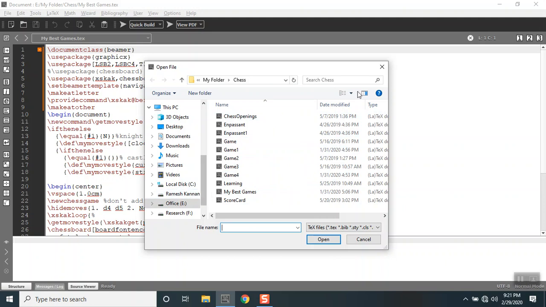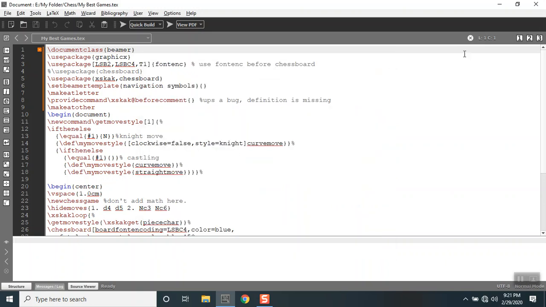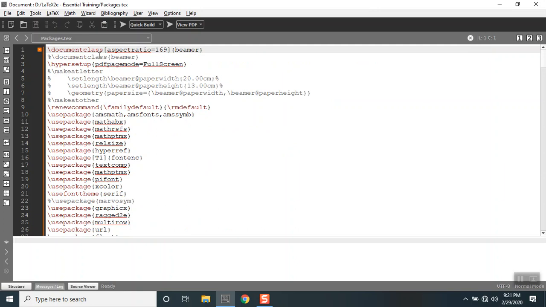So that's basically what your first document which you open will be based on: the documents which you load from the previous folder. I'm just going to close this. And one important thing is, if I close my best game, which is in E drive, I'll just close this. I have a document from D drive, which is in LaTeX Essential Training.